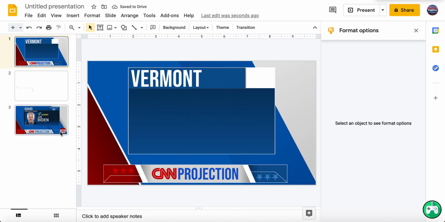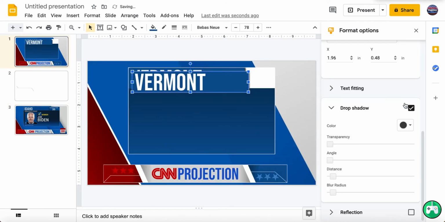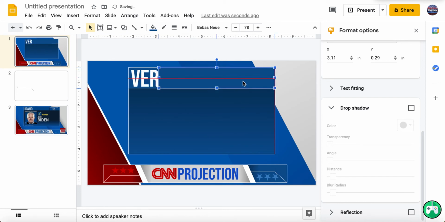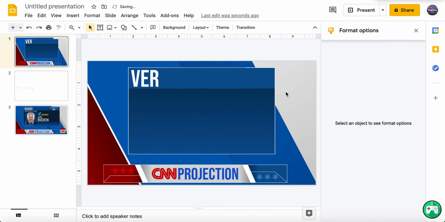Alright, now what we're going to do, copy it and paste it, turn off the drop shadow, change the size, move it over here. Actually, no. Oh, no. Move it right there.